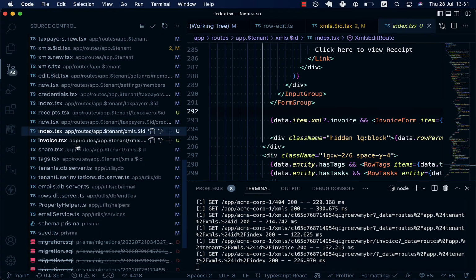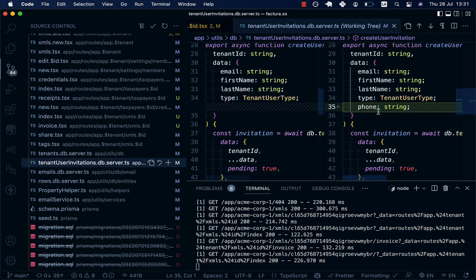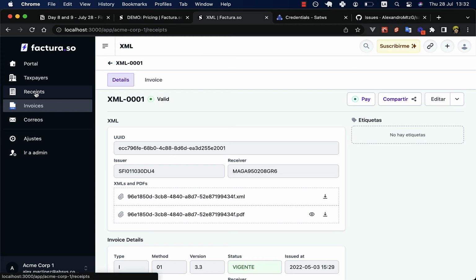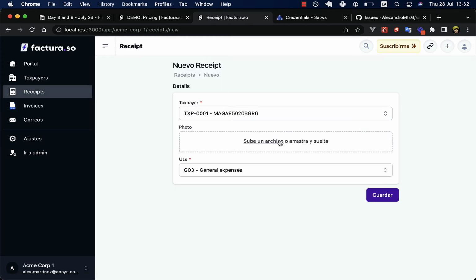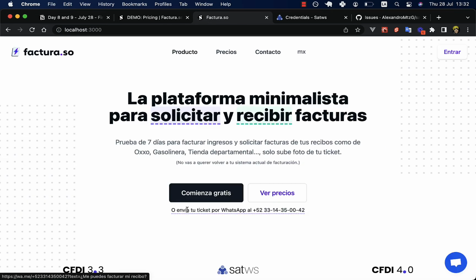And what else changed? Well, for my SaaS, I need a phone for each tenant user. So my basic plan subscribers or enterprise subscribers can send the receipts via WhatsApp, and I will let them know that instead of uploading their receipts right here using this route, they could also send me receipts via WhatsApp like this,